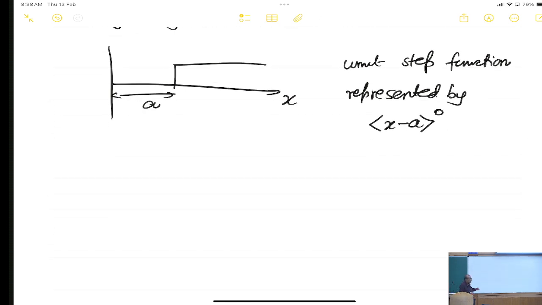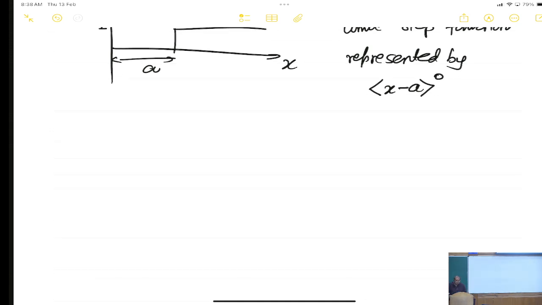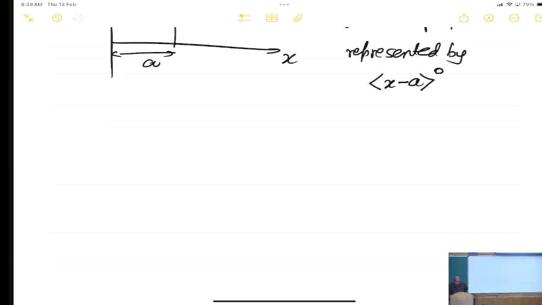Now we represent a unit step function, which means if for x less than a, the function is 0 and it is 1 for x greater than a, we call it a unit step function. And the representation of this is with an angular bracket, and since it starts at a, we write it as x minus a to the power of 0. Now, let us see. So, the generalization of this is f of zeta